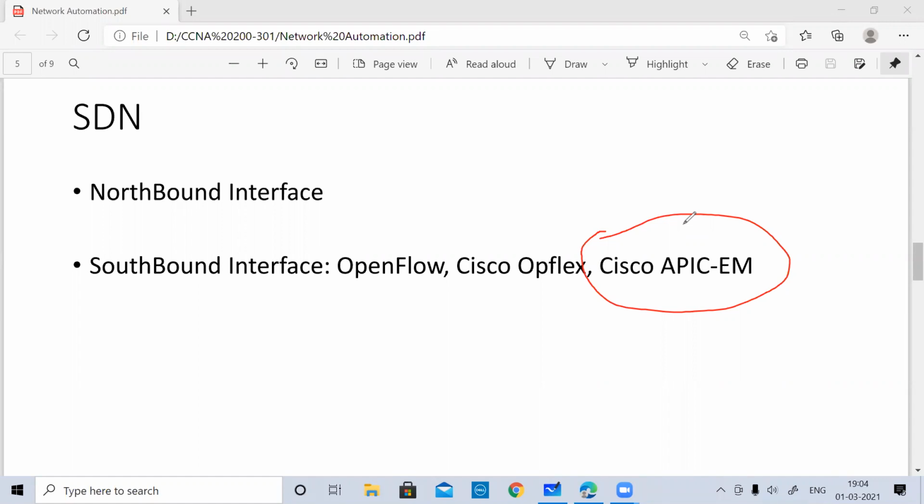Do you need manual configuration? You will just have a script on your server, push it into your system, and the configuration happens automatically. So for monitoring or for this kind of centralized approach, we need this kind of controller.